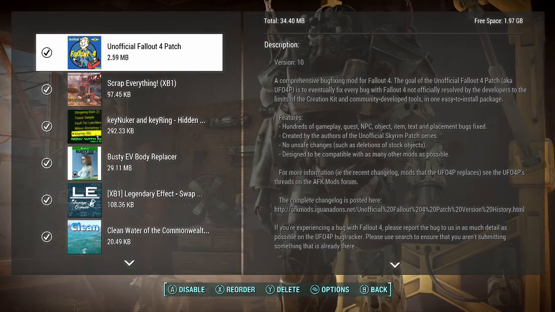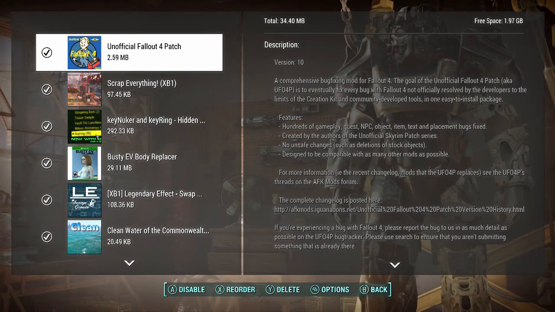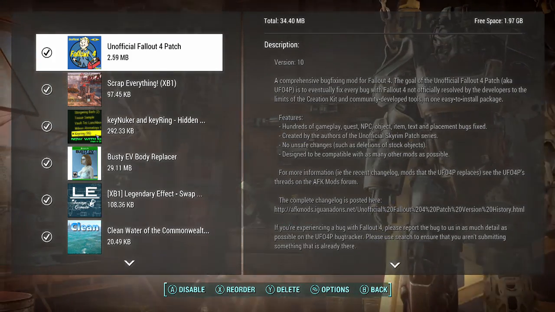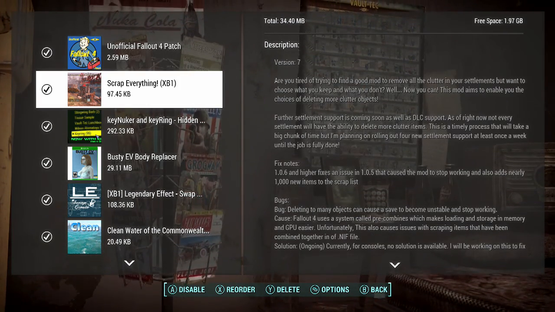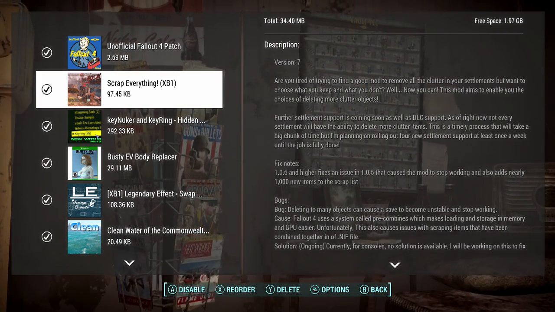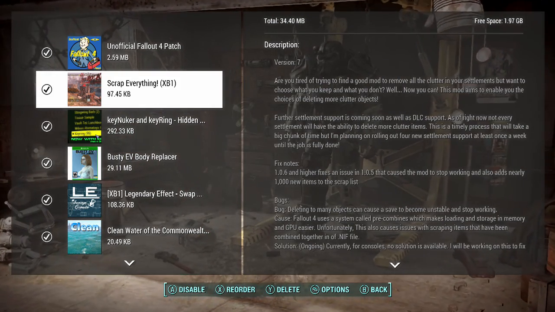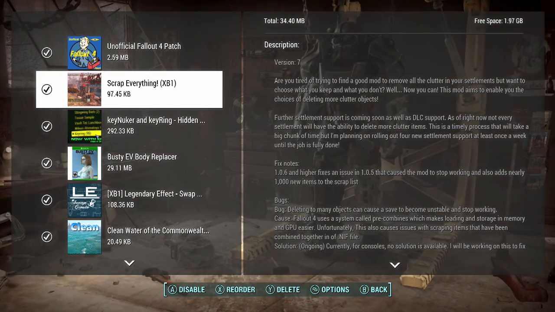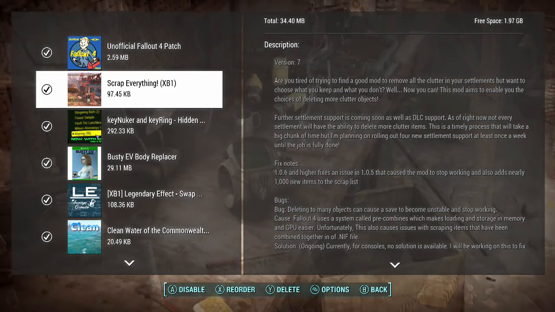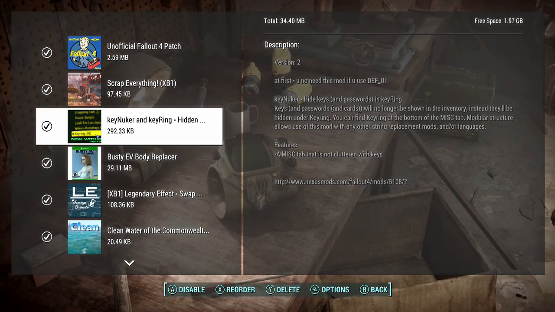I mean, yeah, the unofficial Fallout 4 patch. You've got to have that. You know, theoretically, anyway. I need to check them for updates. No, it hasn't been that long since I updated. Scrap Everything, which isn't as everything as I would like it to be. But it does help with some settlements. Outpost, no luck. Key Nuker. This is useful,